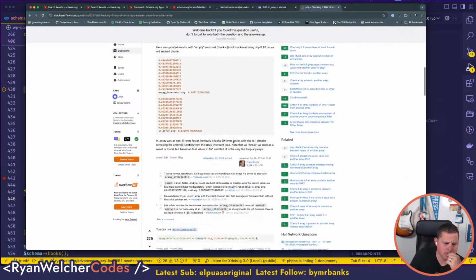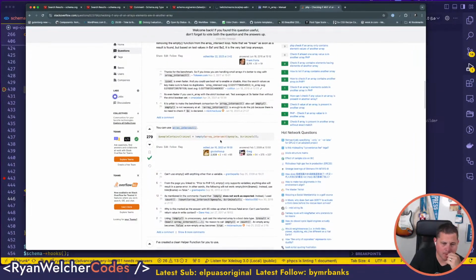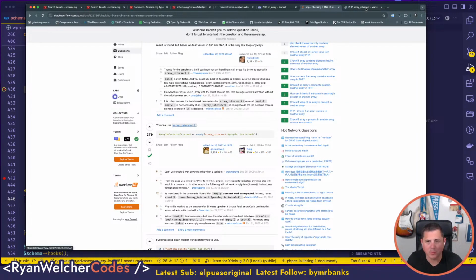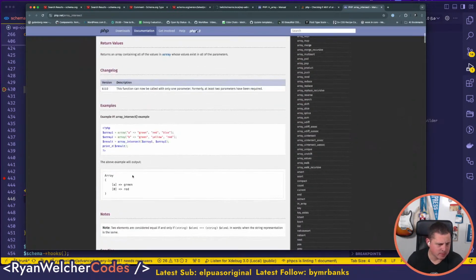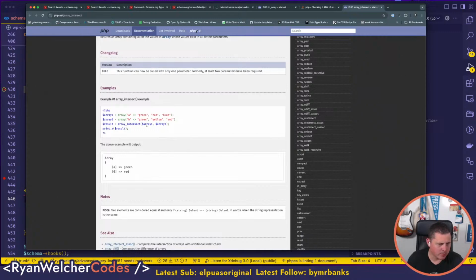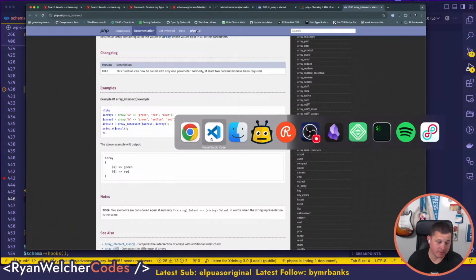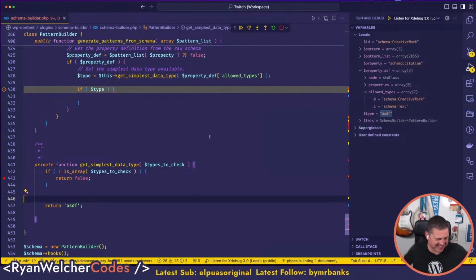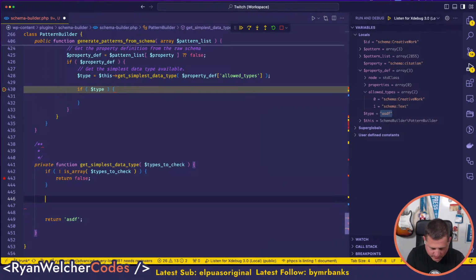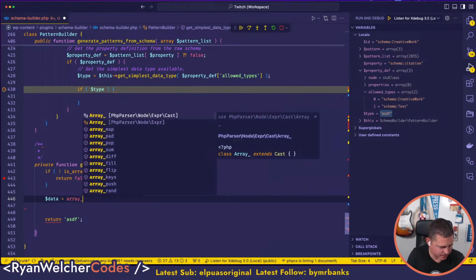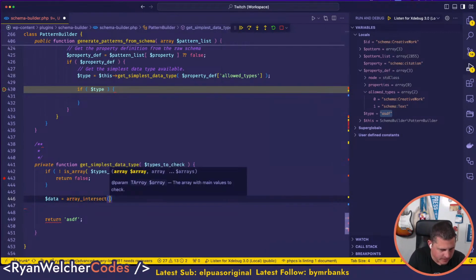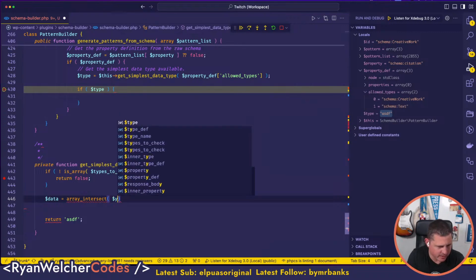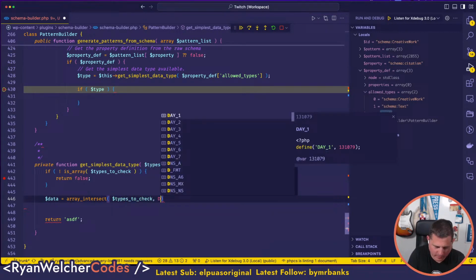Let's see. array_intersect sounds like it's the thing that we want to use. So let's see what that does. So what does it return? Okay, so it just basically returns the things. That was surprisingly easy. Okay, so let's do this. Data equals array_intersect, and it's going to be types to check, and then we have data